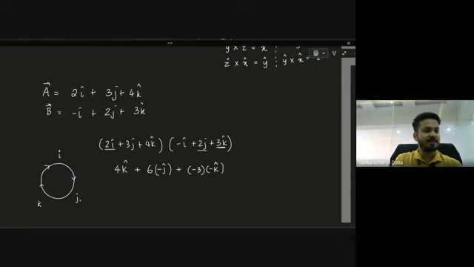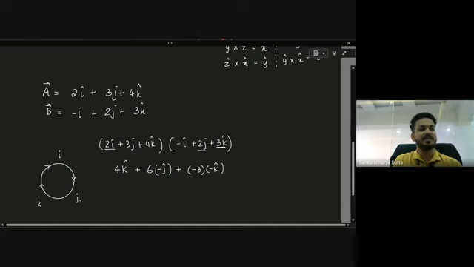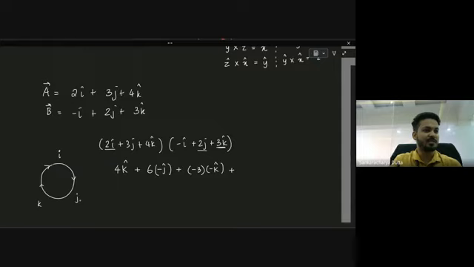Okay, so this is the term I was talking about. If you get minus 3 minus k, that means that's essentially plus 3k cap. Okay, you can cancel out, so again 3j times 3k, this is 9. j cross k is i. See, I'm not using the table, I'm using the circle here. Okay, 4 into minus 1 is how much? Minus 4. Okay, so you get minus 4 in magnitude, and